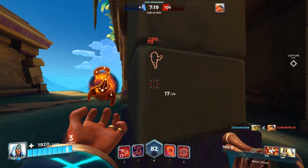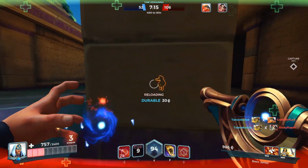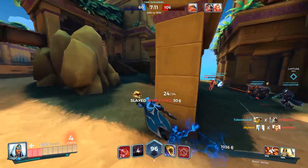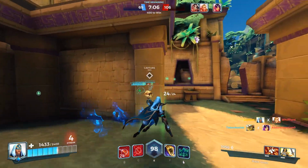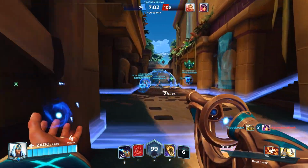I plugged in the HDMI, and it was 60 FPS. I was like, what's the difference? So I played one round of Overwatch, and from that, I got an immediate difference. I looked it up, okay, that's how you turn on 144. I switched the cable, and then the next match, I instantly could see, oh my god, 60 FPS and then 144 hertz